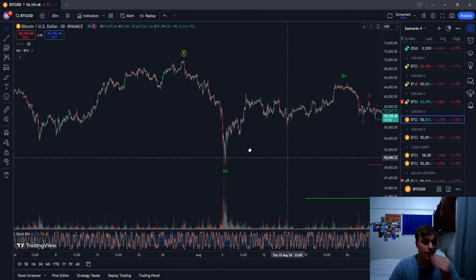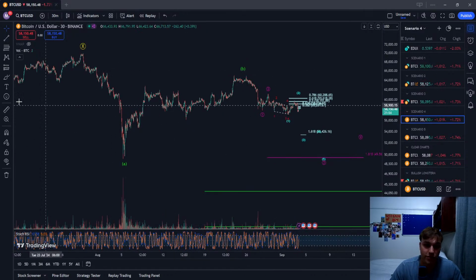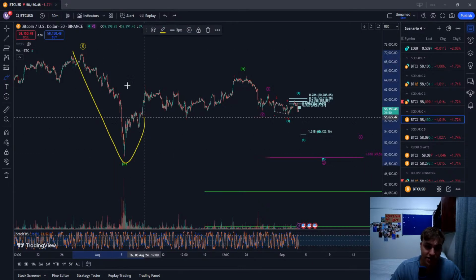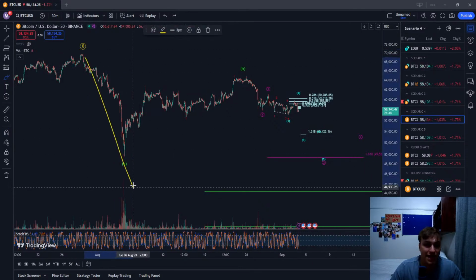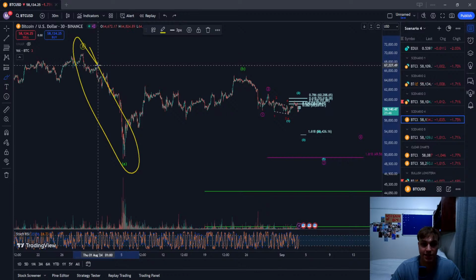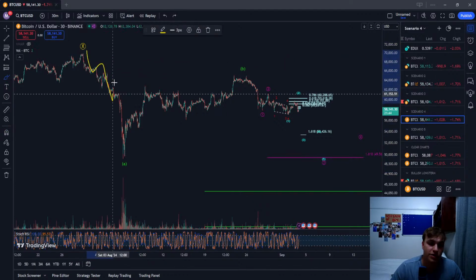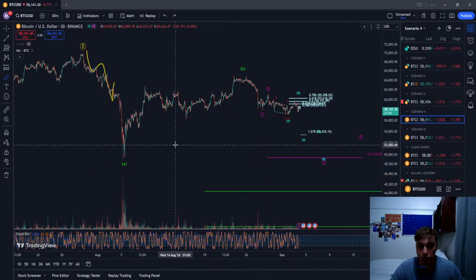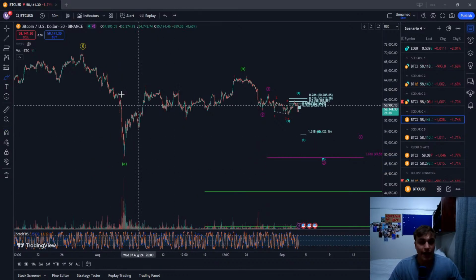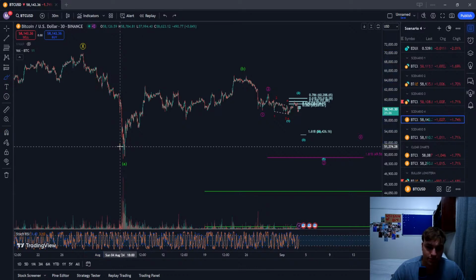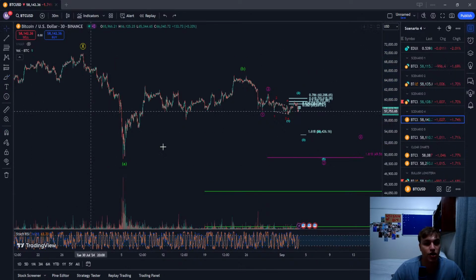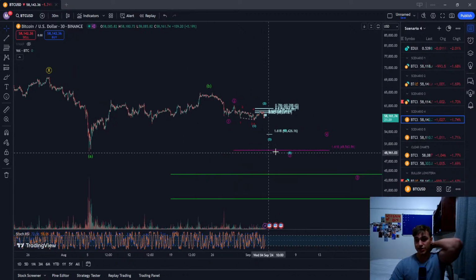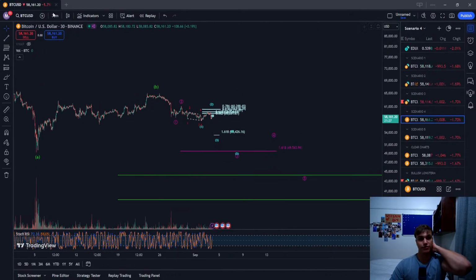So the thing is, on this WXY to the downside, if this were to be an ABC, this A wave would need to be a 5-wave structure. We can count it as a 5-wave structure, yes, but it's a multi-1 2, and it ends on high volume. So is that an issue? Possibly. We can see now. So if this is a 3-wave structure, this being a 3-wave structure could be very different to this massive move to the downside.